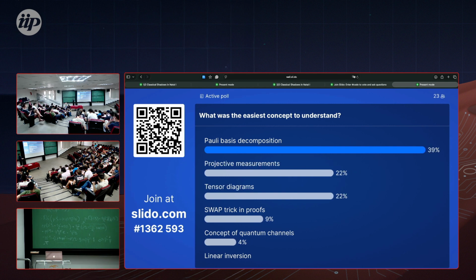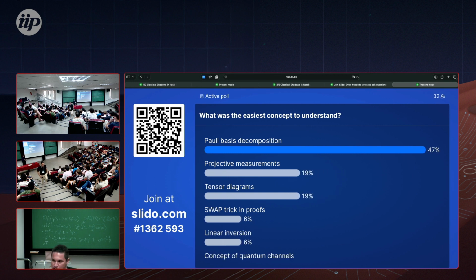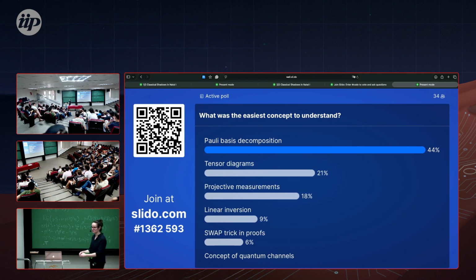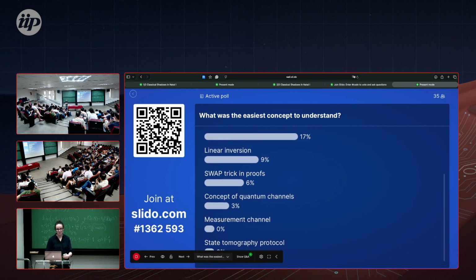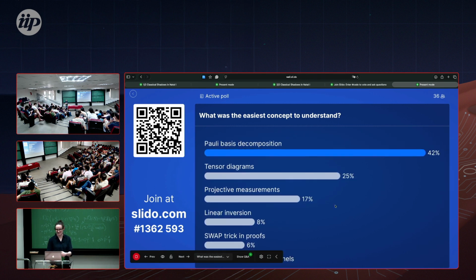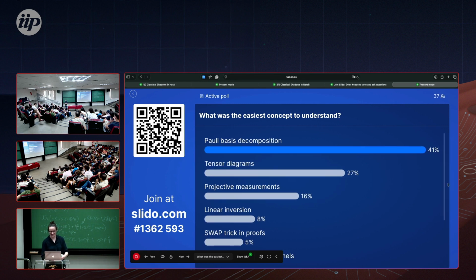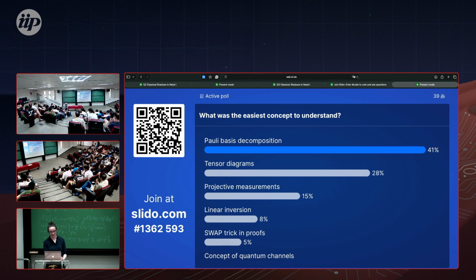Pauli decomposition, yeah. Also, I think something that we are very familiar with. Ooh, tensor diagrams. Oh, cool. So some people like that and found that easy. Very nice. Nobody clicked measurement channel. I see. Okay, the Pauli decomposition is very clearly first place and then tensor diagrams, but it can still change.